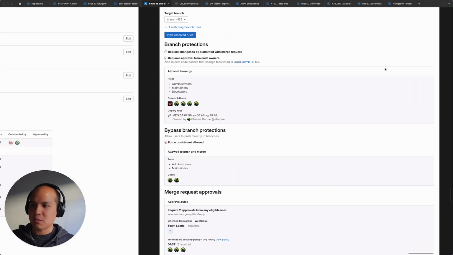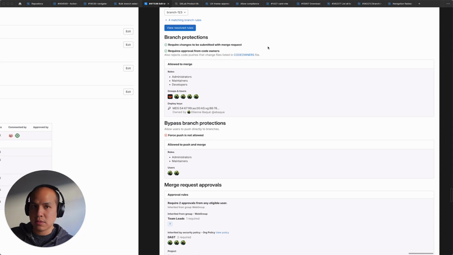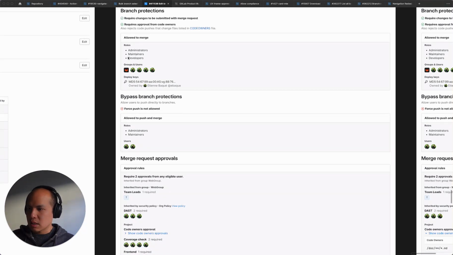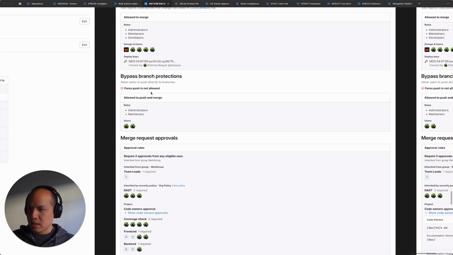Expanding on the resolved rules presentation itself, we could start looking at displaying the read-only view of branch rules. This is an exploration I did where I converted a lot of the branch rules UI that we have right now into GL card, which is an initiative being pushed in settings to standardize that. So this is what it might look like. We have our branch protections, required changes to be submitted with merge requests, who's allowed to merge, and those who are allowed to push and merge,